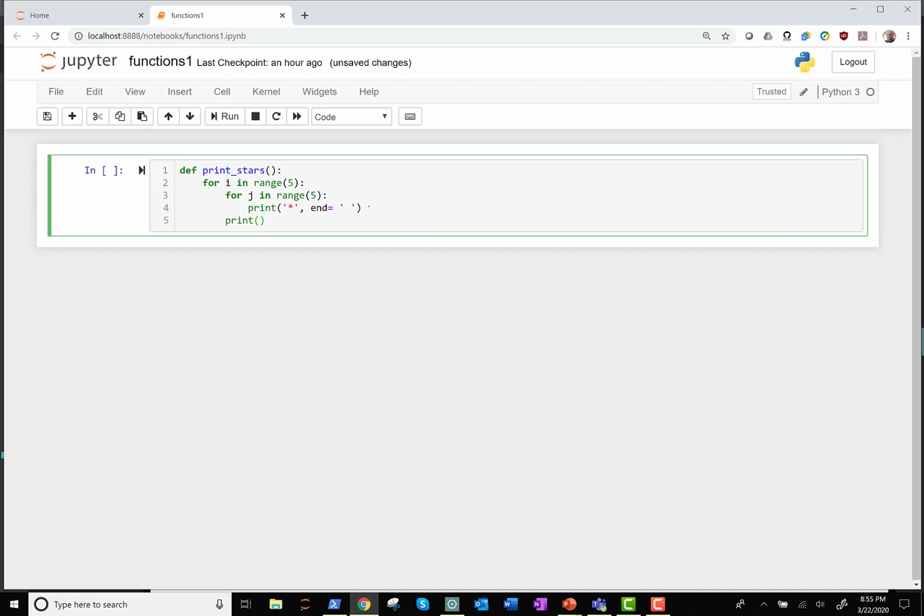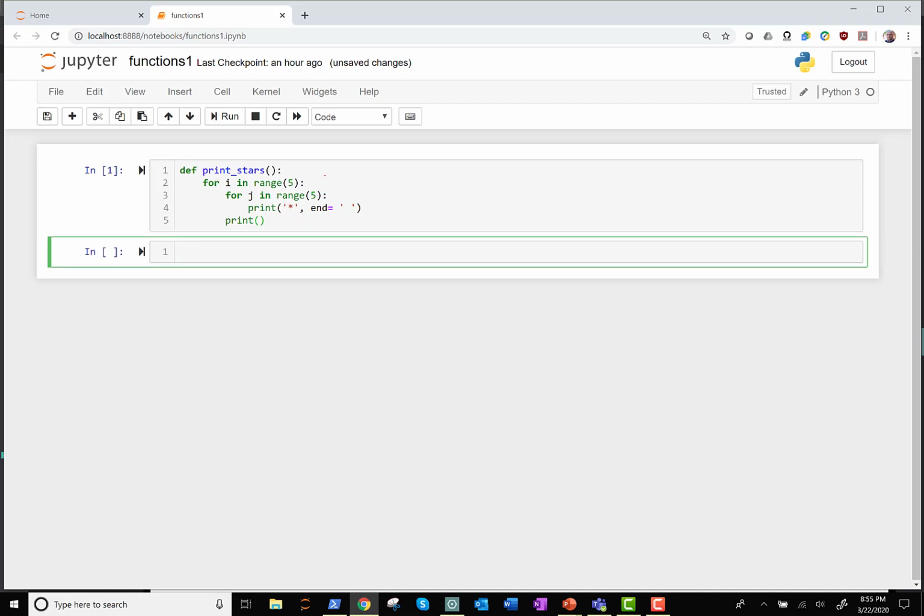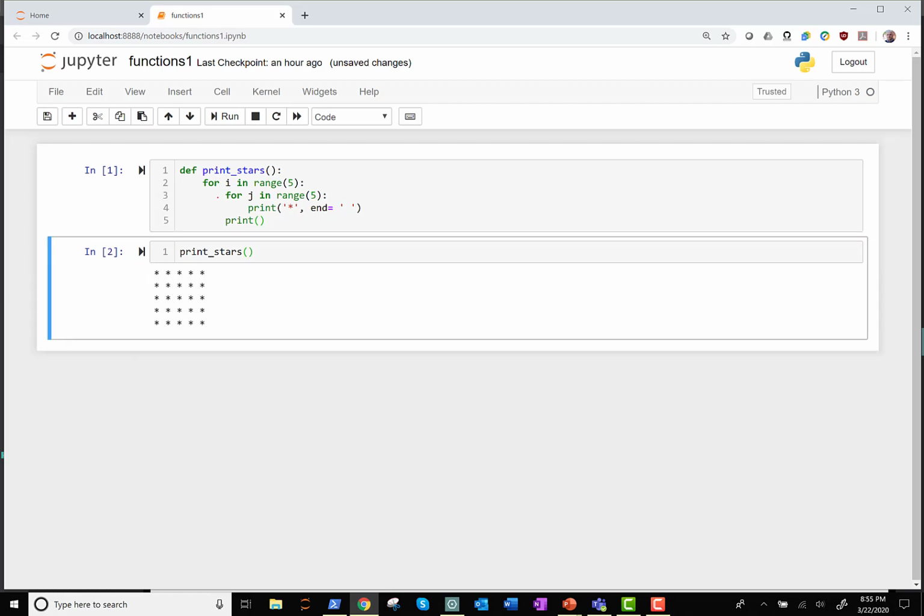Now I'm gonna execute this block, and as you noticed, I didn't get an error, so that's good. There are no syntax errors in here. But at the same time, this didn't produce any output because I have not called the function. So now I'm gonna actually call the function. To call it is very simple. I'm just going to say print_stars and execute, and there we go. We have our